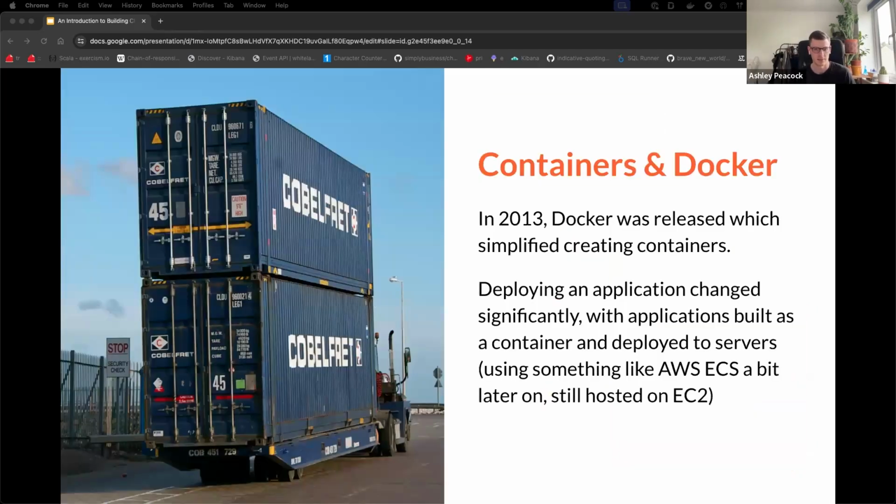So 2013, Docker was released, and specifically, Docker allows you to create what are called containers. And very briefly, because I think containers on their own are probably their own talk entirely in their own right. But rather than taking your code and uploading it to a server, you package all your code up in a container, and you give that container to someone like Amazon, and they will host it for you on a server. And when a request comes in to that container, your container will handle that.